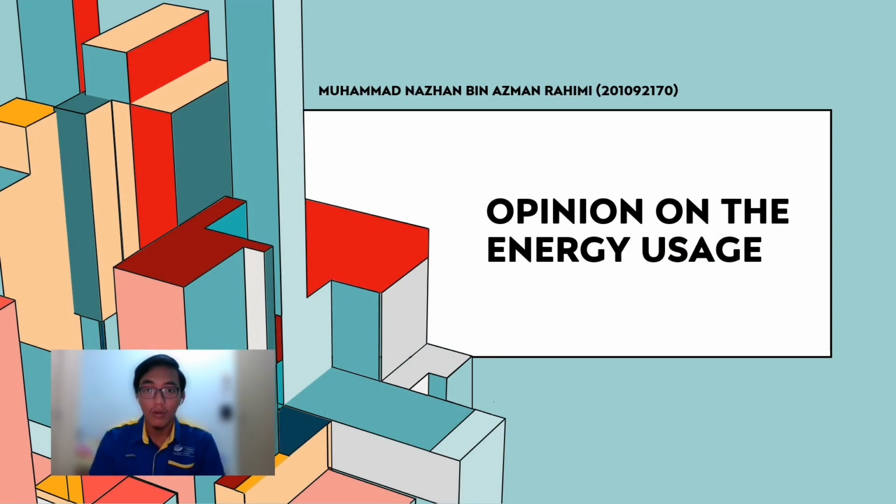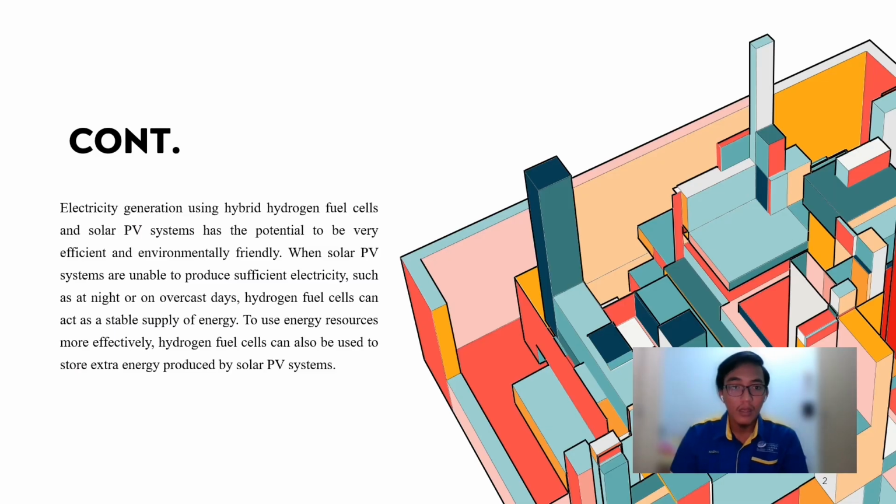Now I want to continue on my part, which is about opinion on the energy usage. Electricity generation using a hybrid hydrogen fuel cell and solar PV system has the potential to be very efficient and environmentally friendly. When solar PV systems are unable to produce sufficient electricity, such as at night or on overcast days, hydrogen fuel cells can act as a stable supply of energy. To use energy resources more effectively, hydrogen fuel cells can also be used to store extra energy produced by solar